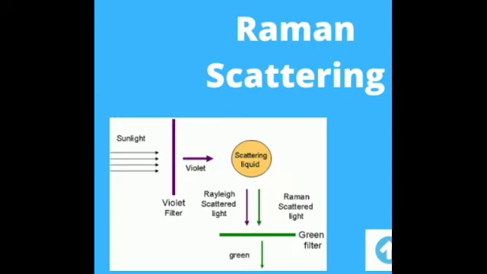Raman scattering is defined as the interaction of light ray with the particles of pure liquids or transparent solids which leads to a change in wavelength or frequency. The lines other than the incident ray frequency are called Raman lines. You will study more about Raman effect in higher classes.